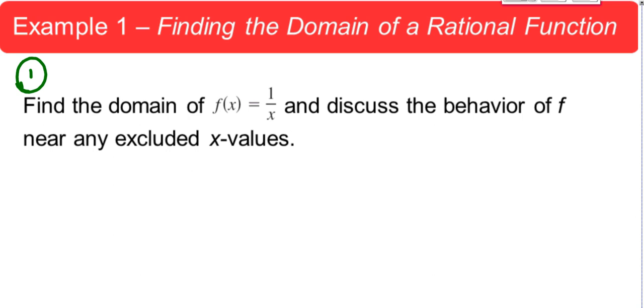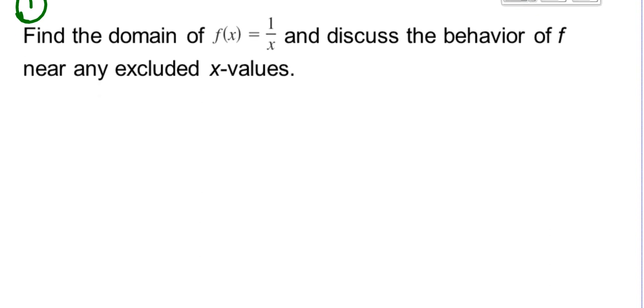First we'll just find the domain. So let me kind of slide that up a little bit. Make sure you write that this is 1 over x that we're looking at. F of x is 1 over x. And so I'm just going to remind myself f of x equals 1 over x, and it's undefined when x equals 0, because that would make the denominator equal to 0. So the domain, if we give that,